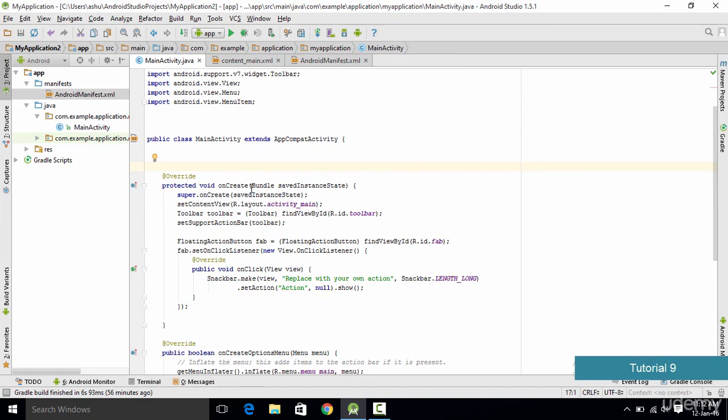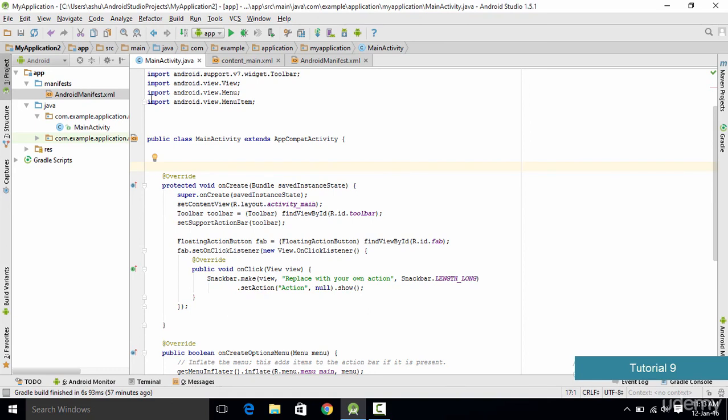So this is one of the states of our application, and an Android activity has a lot of states. For example, it has onCreate, onDestroy, onPause, onResume, and all those kinds of states. And if you want to develop Android applications, it is a basic requirement that we understand all these states. Now in this tutorial we are going to study all the states one by one by printing the log information in our Android application, so that we could understand how the Android activity enters from one state to another. So what we are trying to achieve is to print out the current state of our activity onto the output screen or onto the emulator.